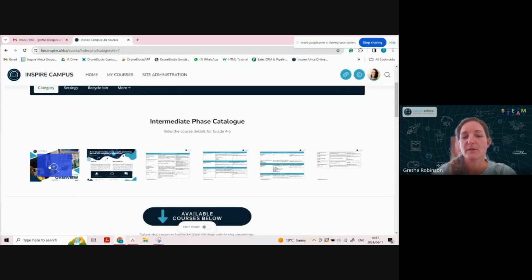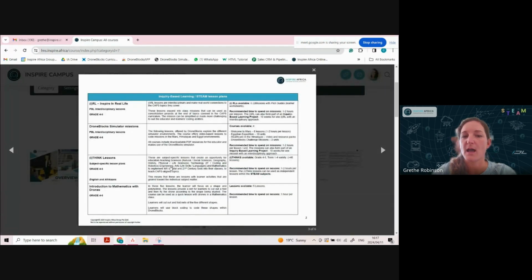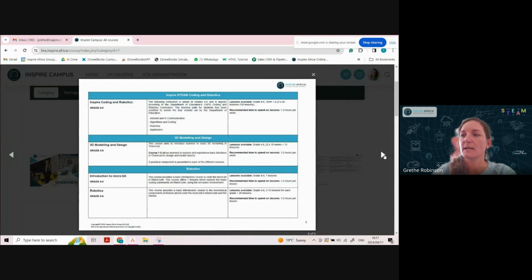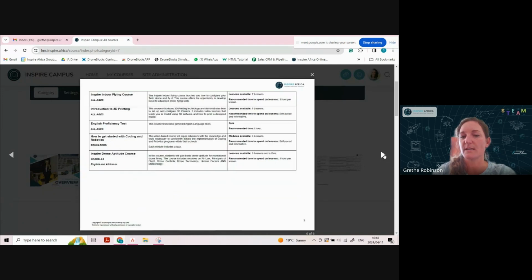At the top here, you can see an intermediate phase catalog. This is a bird's eye view of the content and the curriculum that we have available. These are the courses. This is just a little bit of information on the course, and then the lessons available and the recommended time that you can spend on the lesson. So before you navigate through all the different courses, this provides you with a nice overview of what is available